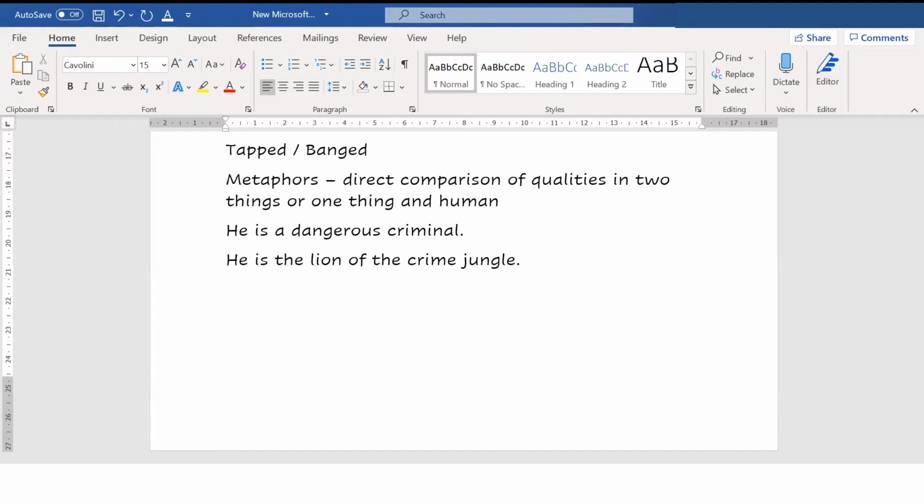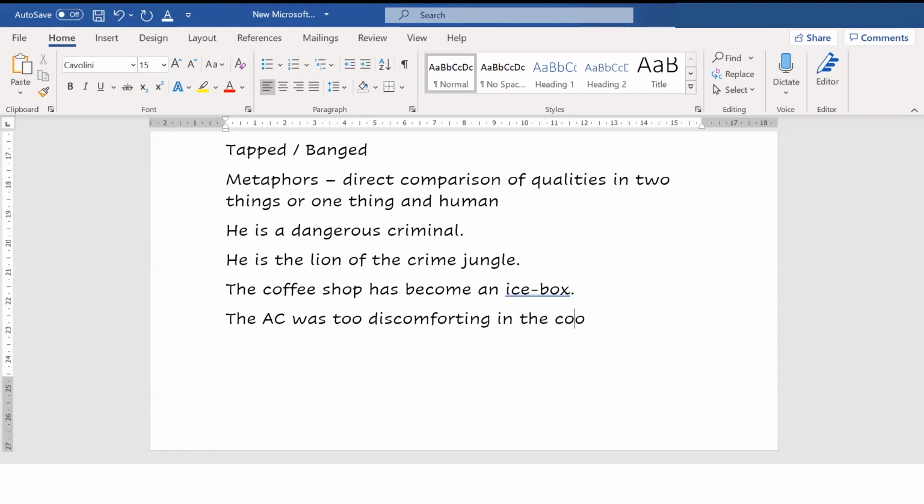Now let's see one more example. The coffee shop has become an ice box. What does it mean? Maybe the AC is too high. When you say the AC was too discomforting in the coffee shop, does it make the reader feel the chills?